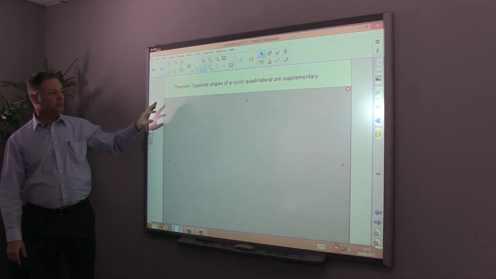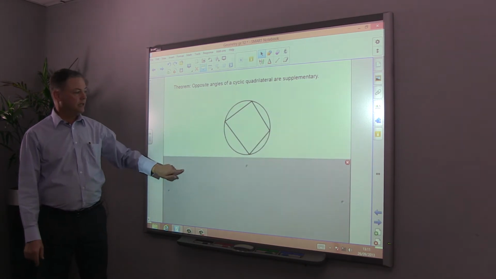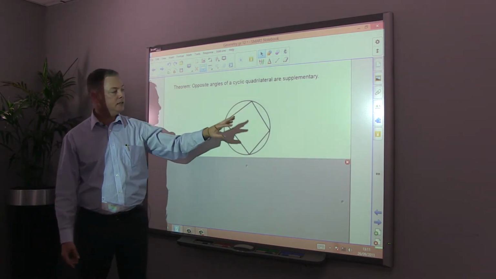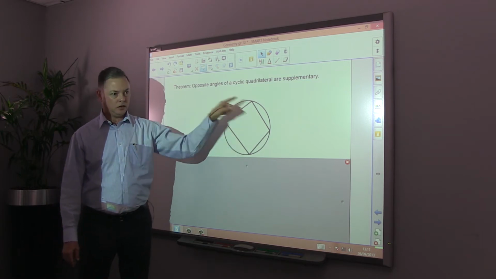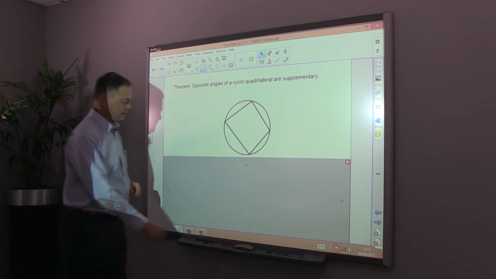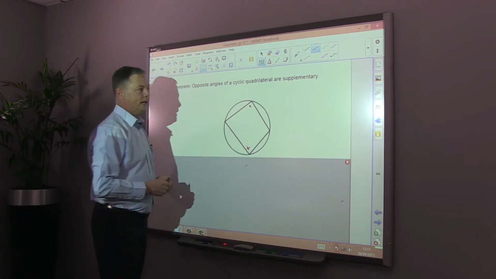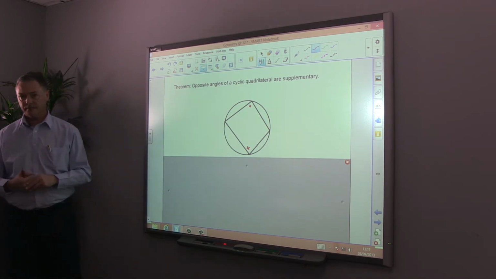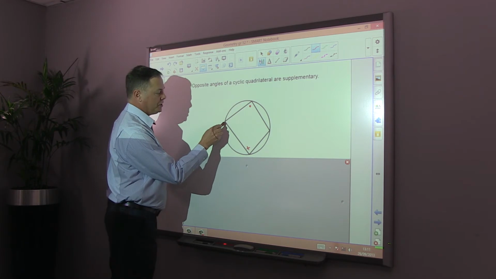Right, now that brings us to what we call a cyclic quadrilateral. What's a cyclic quadrilateral? It's a quadrilateral, a four-sided figure, where all four corners are on a circle. Now, what this theorem says is that this angle here and this angle here will add up to 180 degrees. The proof for that, as I say, is in your textbook, but just quickly,